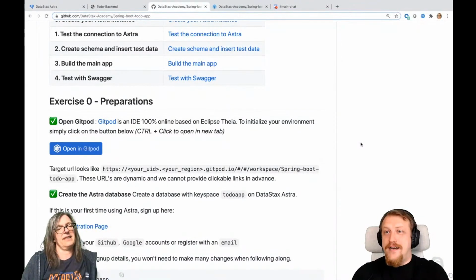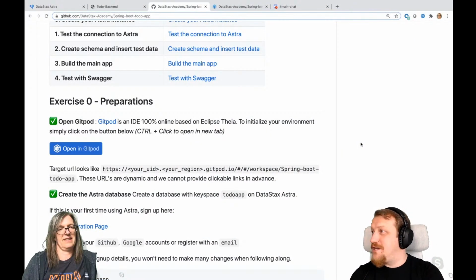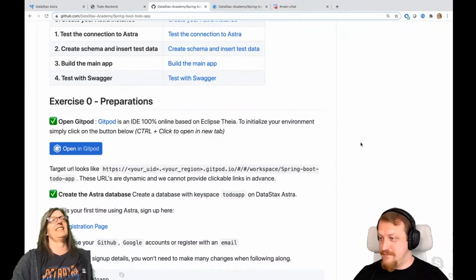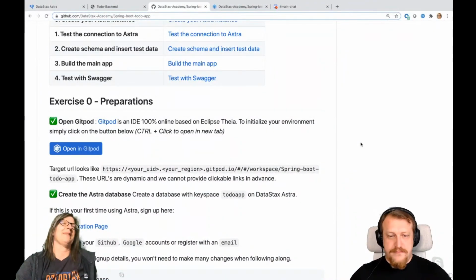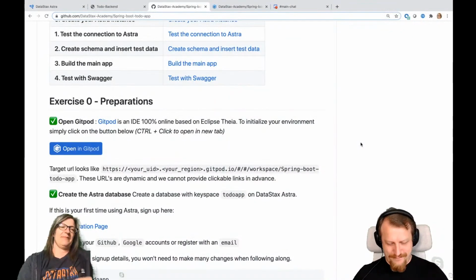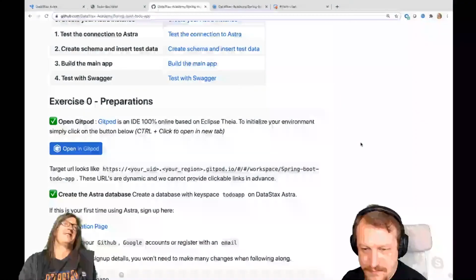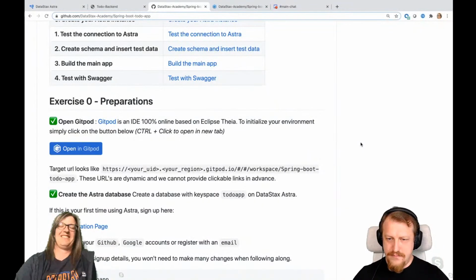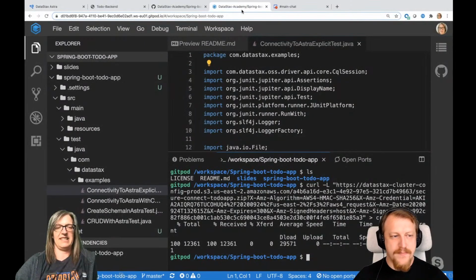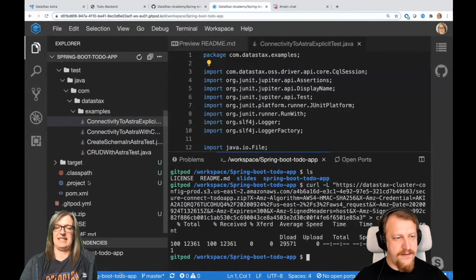Gitbot is really great. I like it so much, and I want to use it for my new demo application as well, because it's so simple to use. And I recommend it for my son, for example, to show off his computer science projects in school, because you don't have to have an IDE installed. It's just there. You just use your browser, and I've used it on my iPad. I think it's great, really. It's very nice, and you can make changes to the code here. You have full control. You can really try out your application.